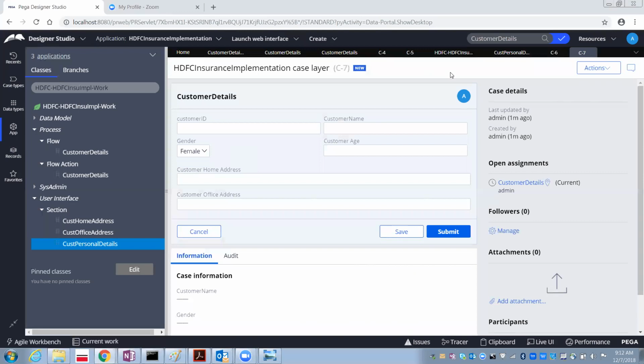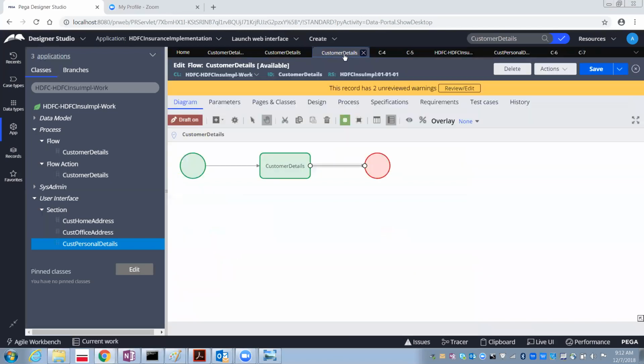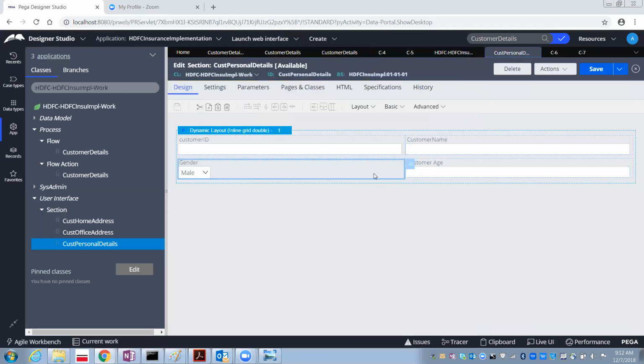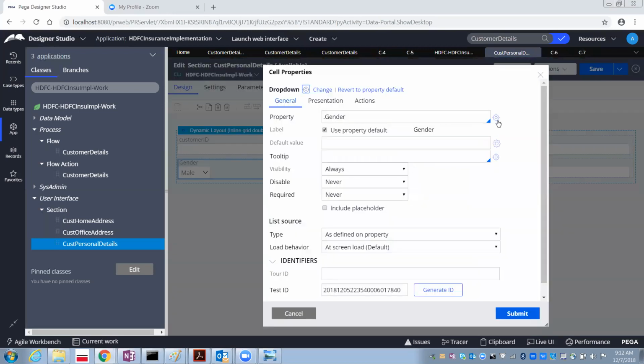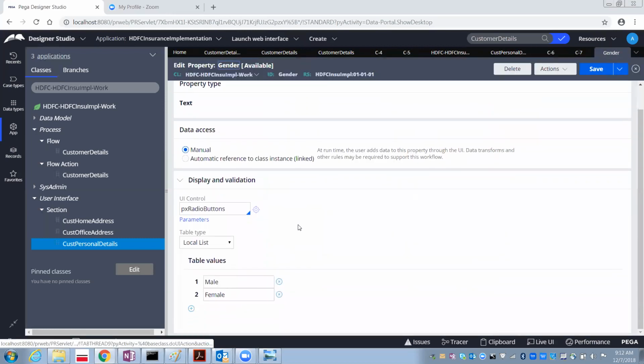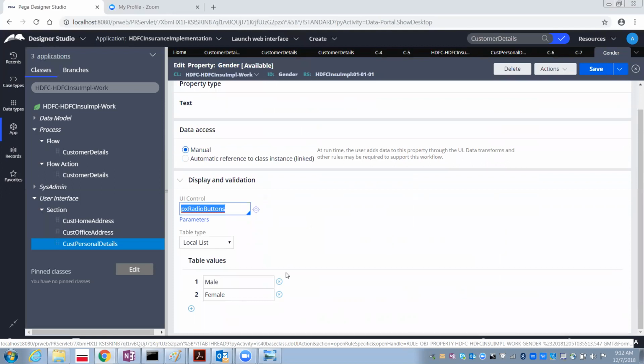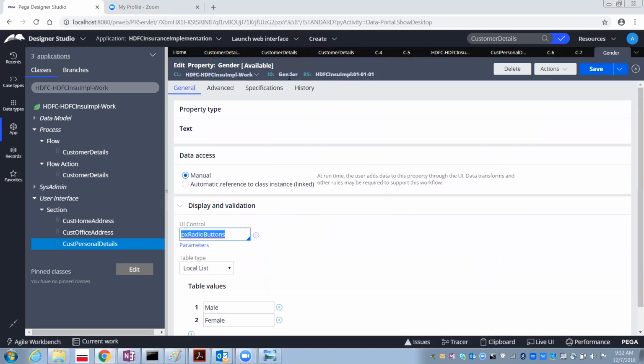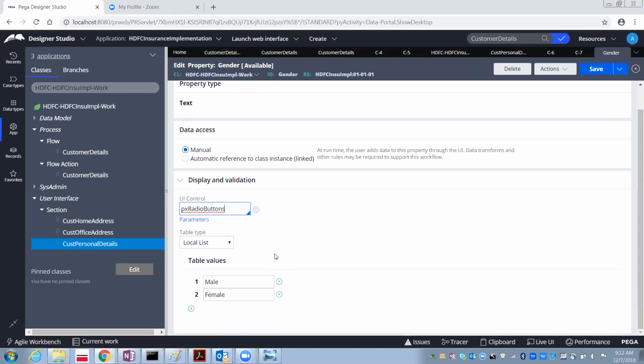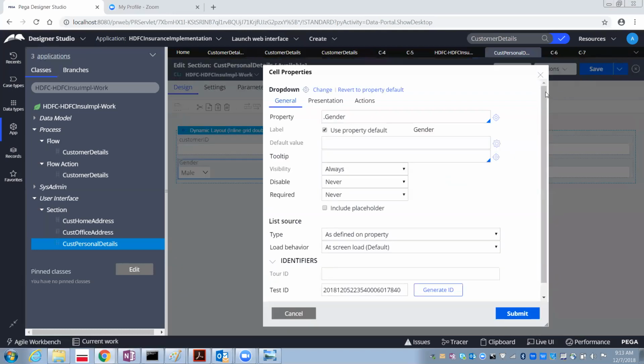Can someone tell me, how come it was a radio button earlier? It's based upon the UI control applied at the property level. While creating the gender property, the UI control I gave was PX radio buttons. That is why by default it takes that from the property and gives the radio button. But I changed that value to the drop down.